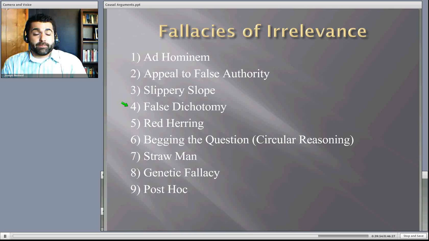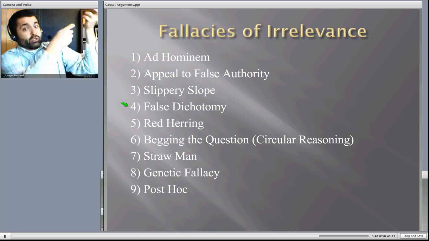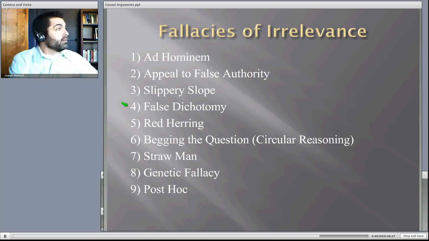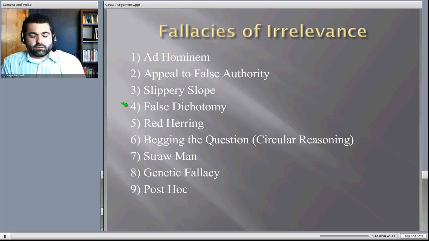Red herring. This is a fun one. This is when you're in the middle of a disagreement and you shoot off a distraction flare, and everyone looks over there. And I do this with my wife. She gets me cornered on something. We argue some, and I'm a philosopher, and I'm sort of doing my thing, and then all of a sudden I realize, oh man, she's got a really good point, and I feel a little bit trapped. And then I say something like, well, you did the same thing last week.